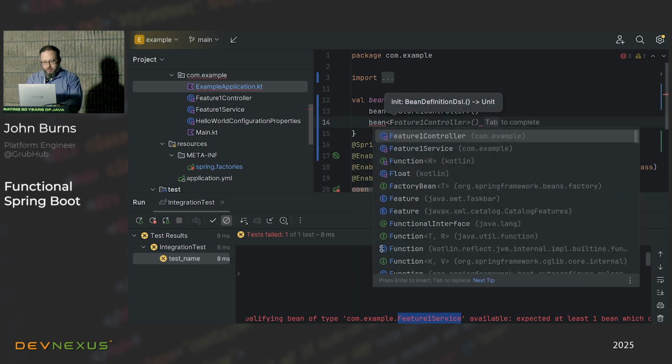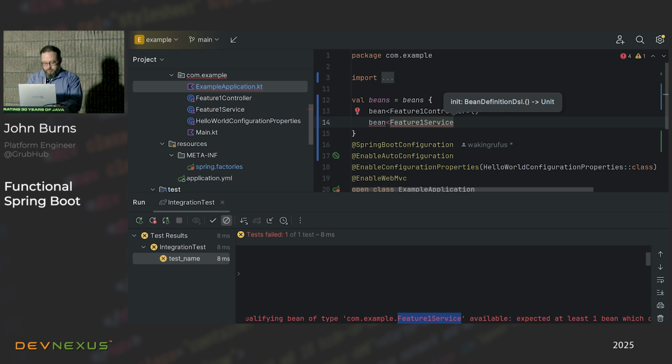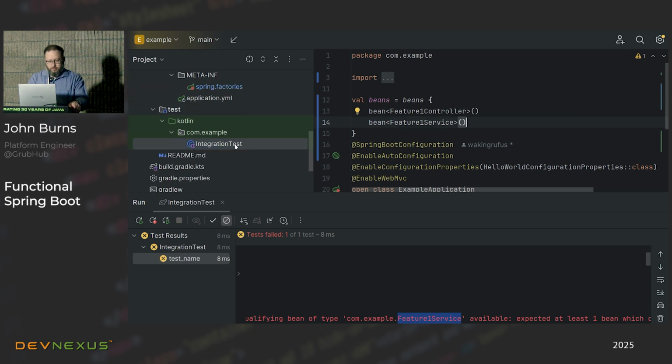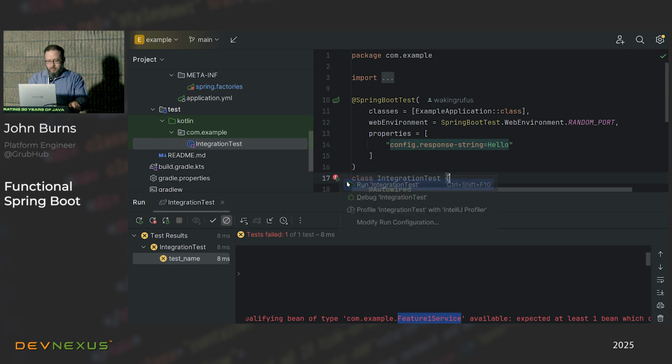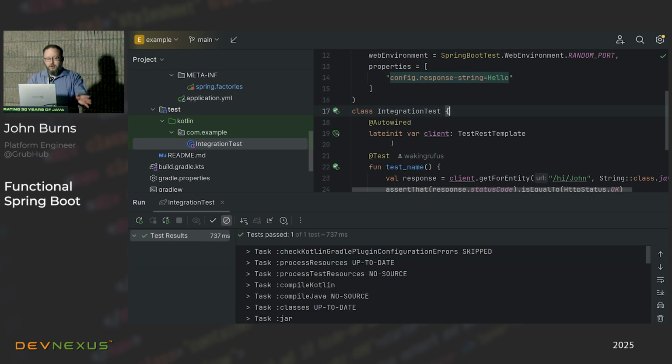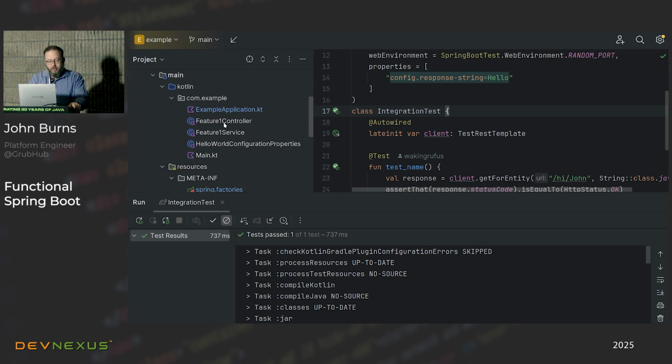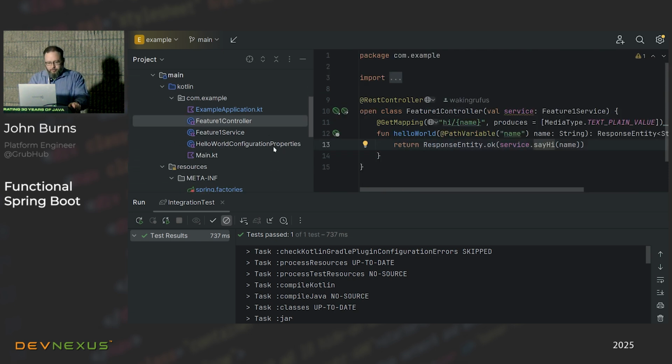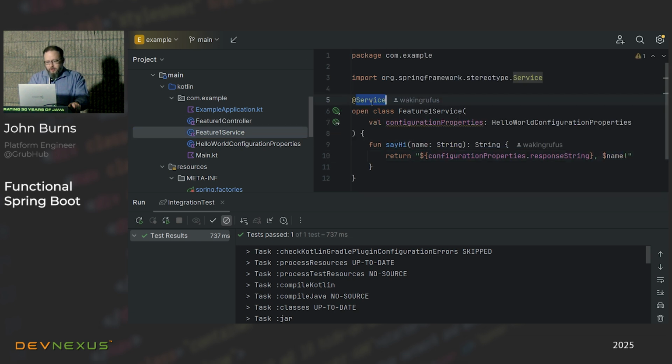The feature one service. Run it. Okay, we're in a working state. Okay, so we've converted our beans. So now once we've done this, we don't need this annotation anymore.